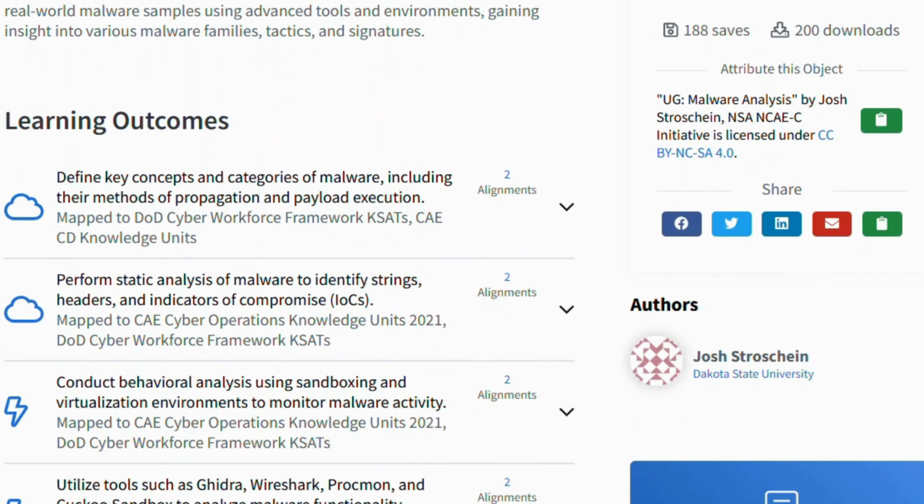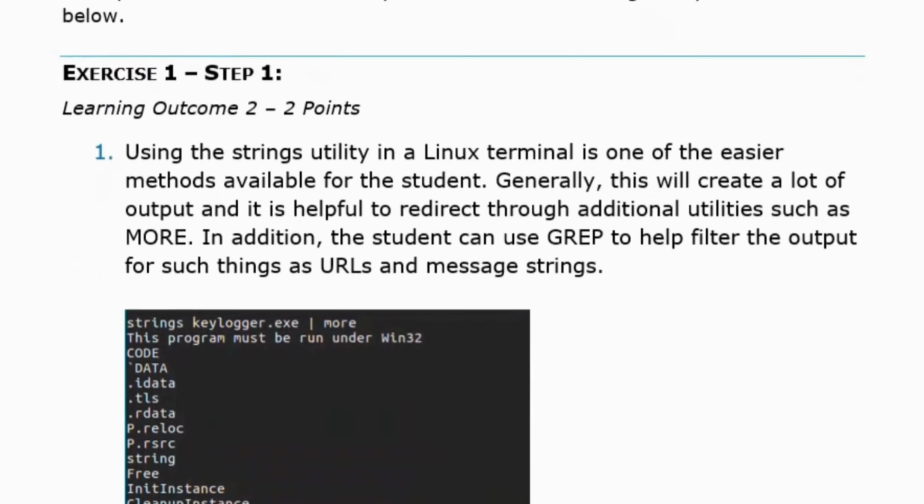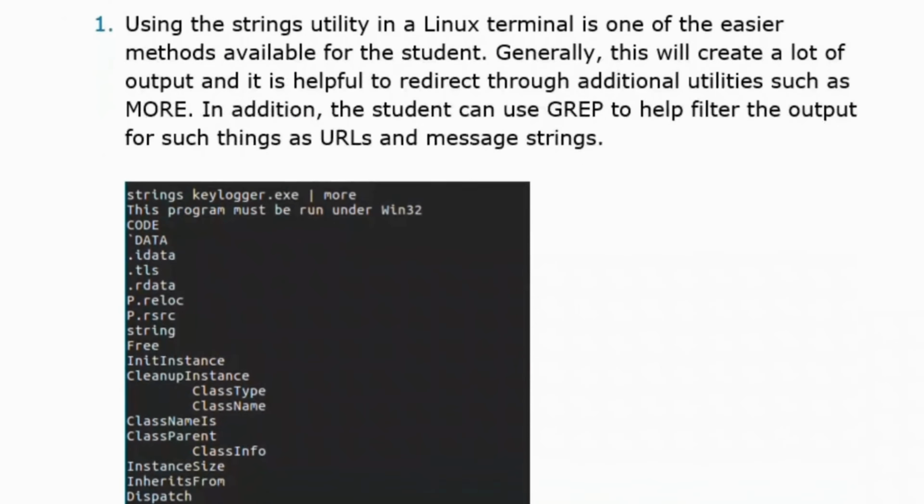The course material includes assessments. There are, of course, slides to help present the material, and then there are a number of labs, many actually with source code so that you can ensure that you're not giving your students real malware, although I do encourage and I like to use real malware in the appropriate settings with my students, but then also that